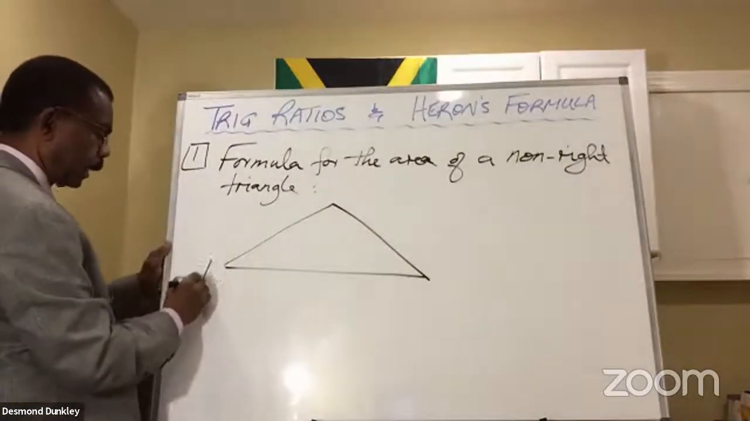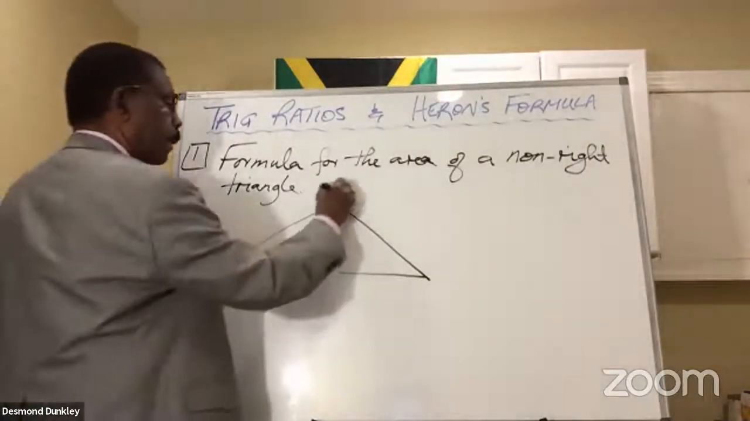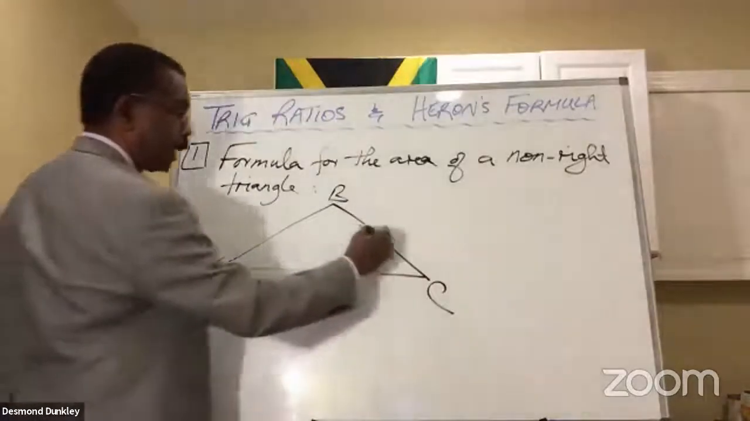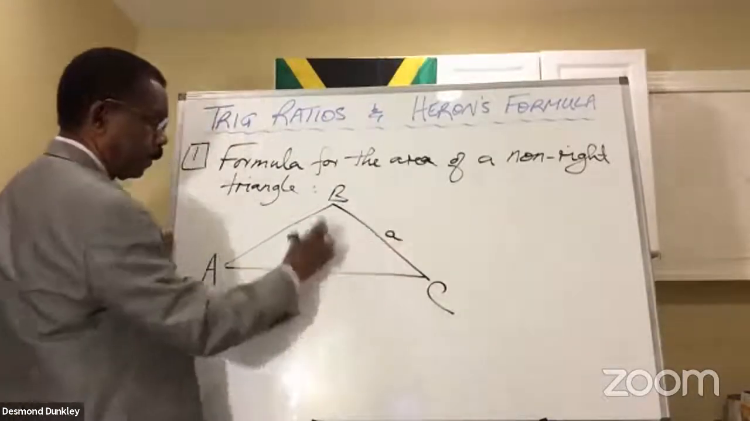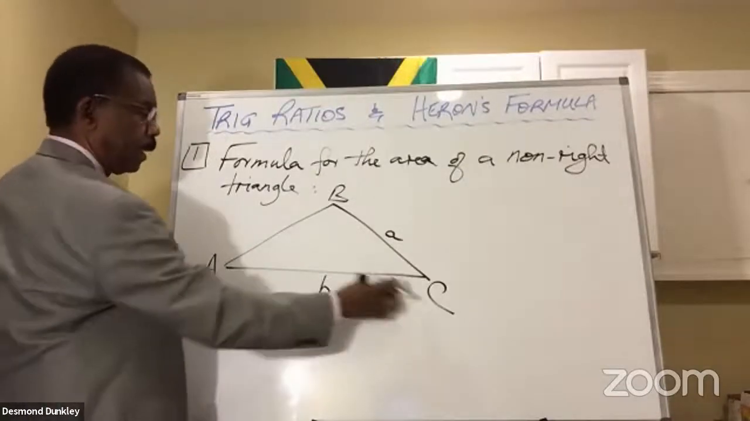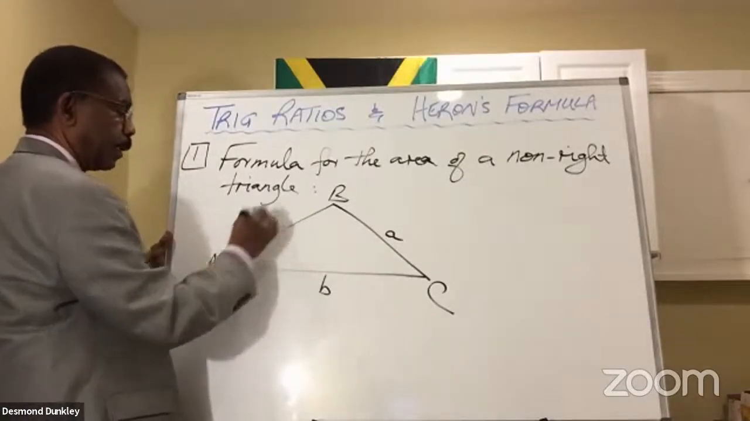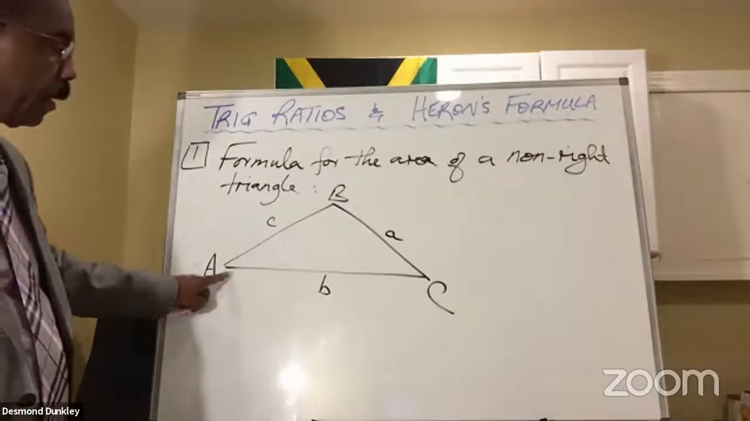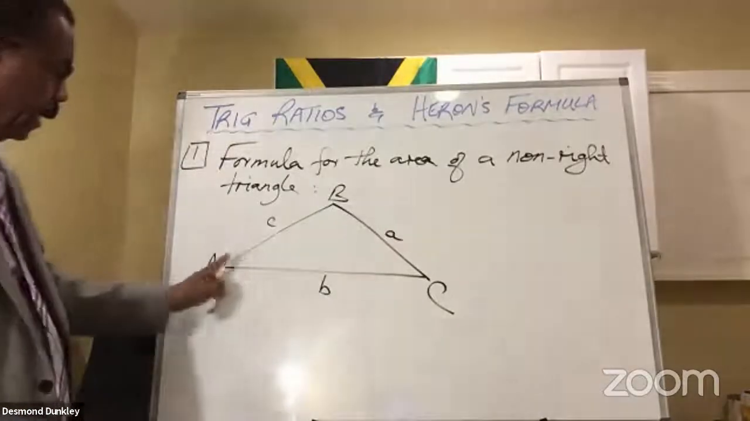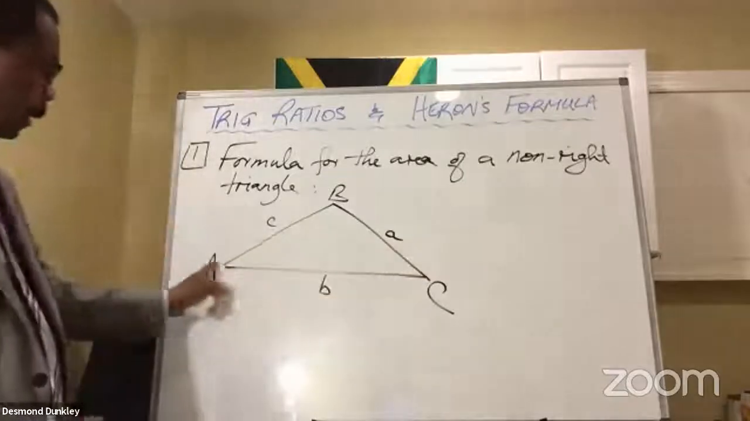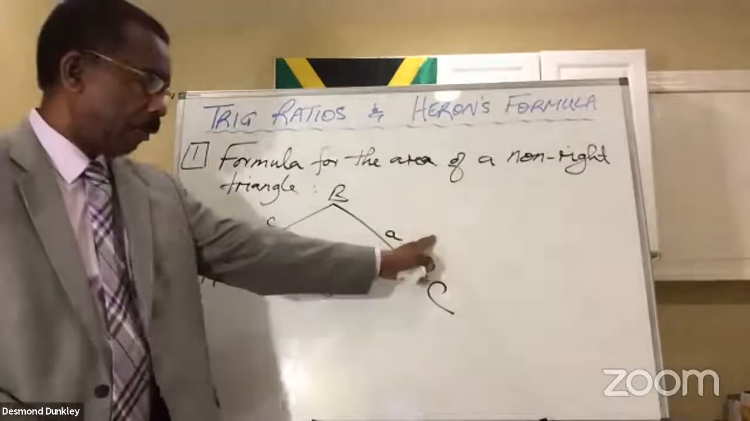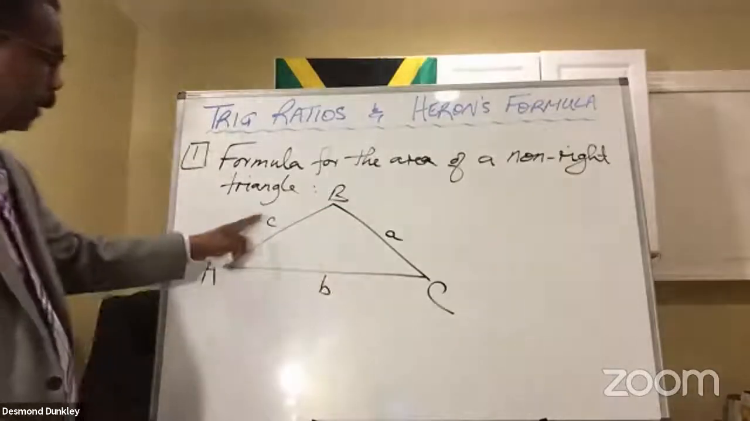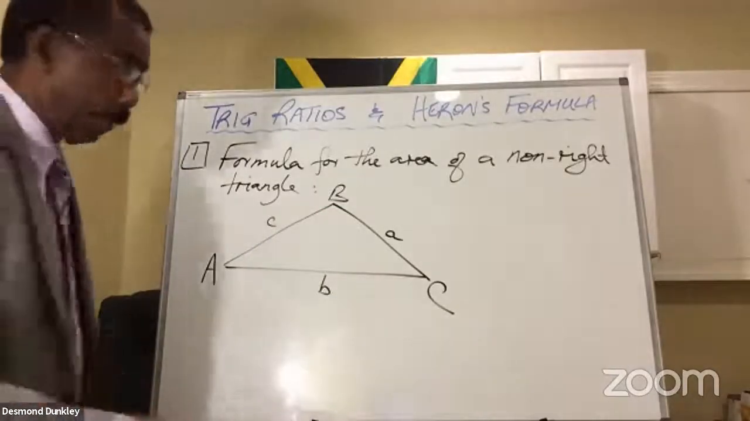So if this is A, this is B, this is C, then we know that this is little a, this is little b, and this is little c. That's the naming convention. Uppercase for the angle, lowercase for the side, and they're always labeled like this. The angle, side across from it. The angle, side across from it. The angle, side across from it. The area is,